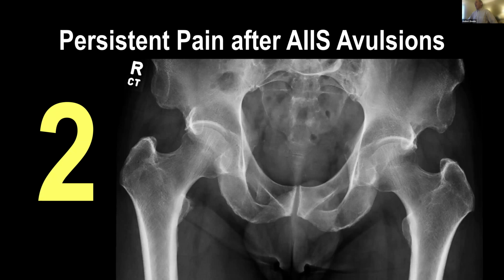Cross-sectional imaging often ends up being the best way to go because we can see exactly where it is. And in young patients, lateral radiographs of the hip and pelvis result in a lot of radiation. So if they're going to get additional imaging, it may not be really value added, but CT or MR would show the location and exactly how much of this hypertrophic bone is present.